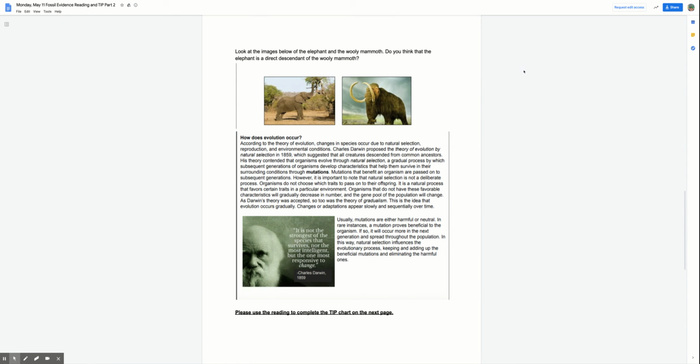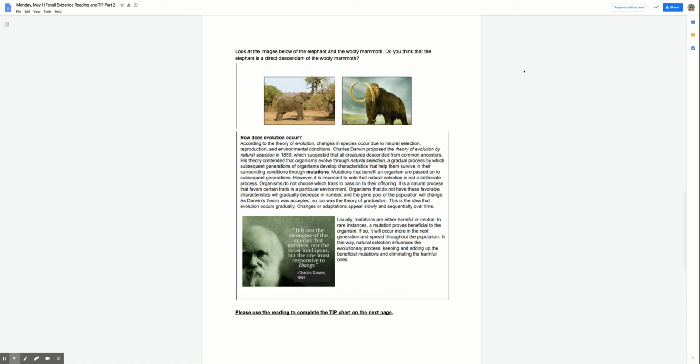Look at the image below of the elephant and the woolly mammoth. Do you think the elephant is a direct descendant of the woolly mammoth? How does evolution occur? According to the theory of evolution, changes in species occur due to natural selection, reproduction, and environmental conditions. Charles Darwin proposed the theory of evolution by natural selection in 1859, which suggests that all creatures descended